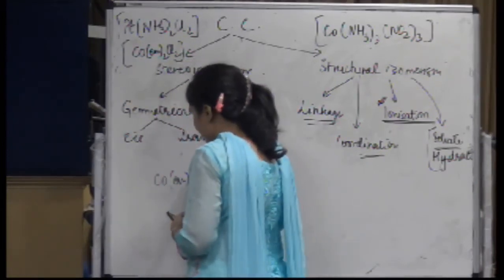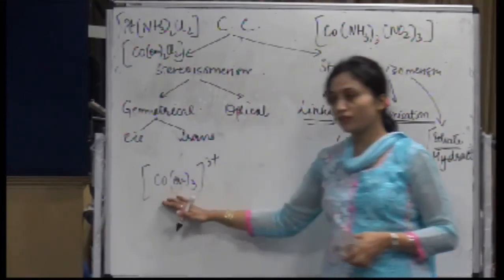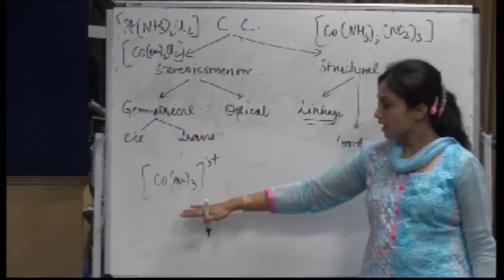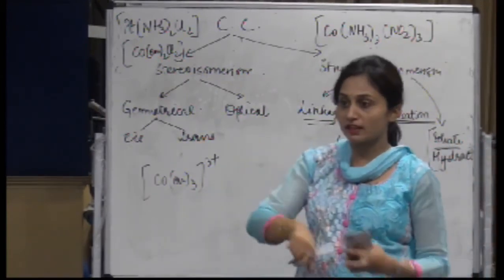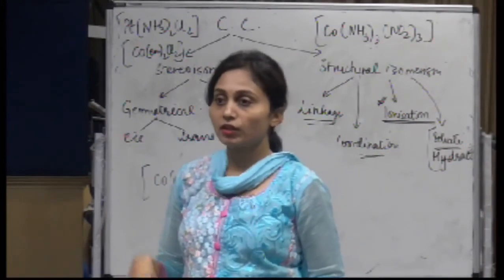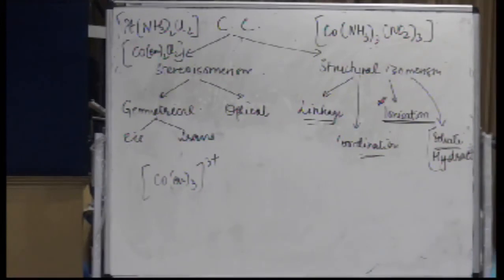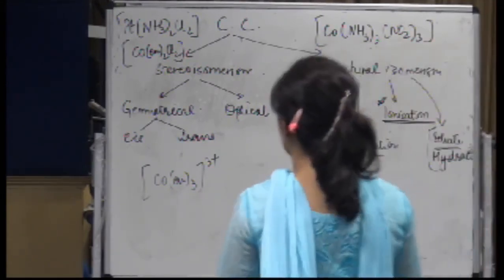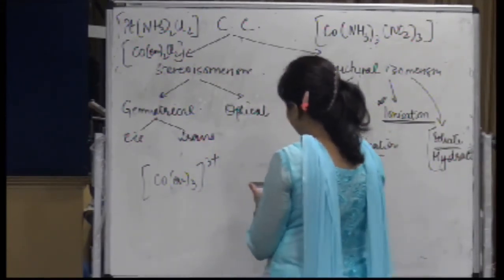Co(en)3. Now you try and place it in the octahedral form on your own. Co(en)3. We are talking about optical isomers. Co(en)3. Octahedral type की एक पोजीशन बना दो. Octahedral पता है सबको. Co को रखो टेबल पे. दो en को, I mean you can just place en the way you want. 6 positions देने के बाद. Just draw it. What will it look like? You will have Co, say,